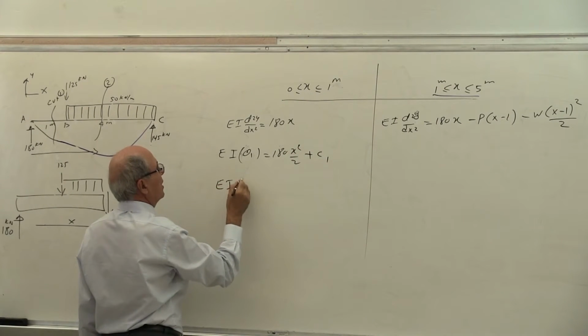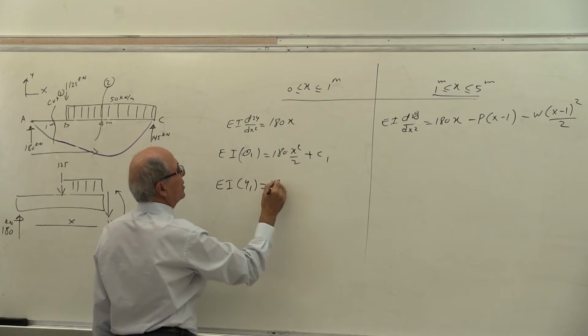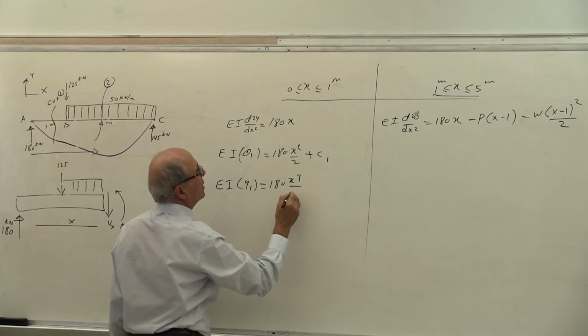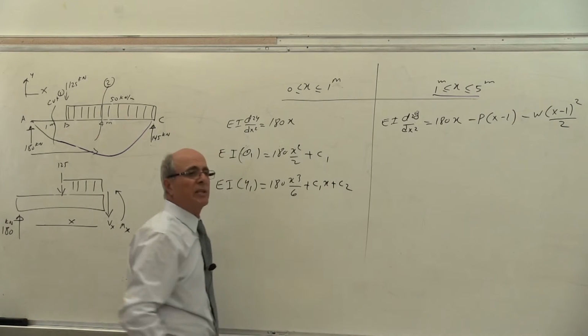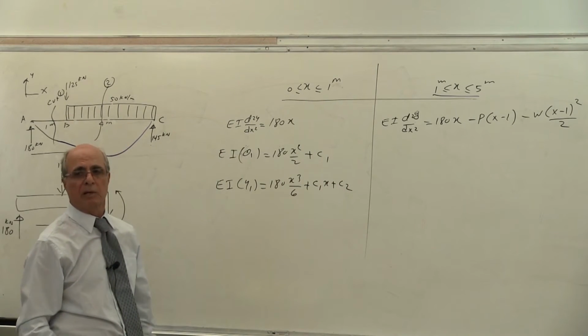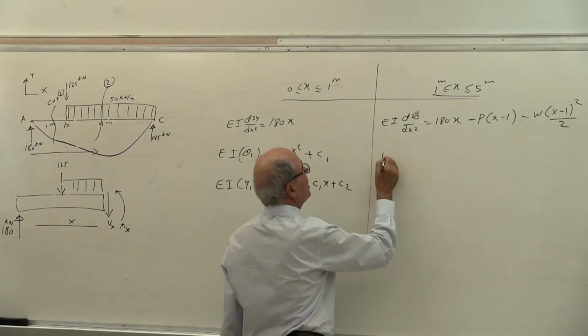Then EI y1 equals 180x³ over 6 plus C1x plus C2. That's the integration of that part. Correct or not? Which many people did correctly. This one becomes